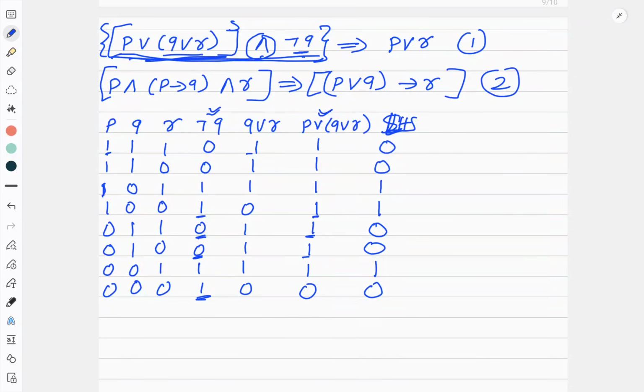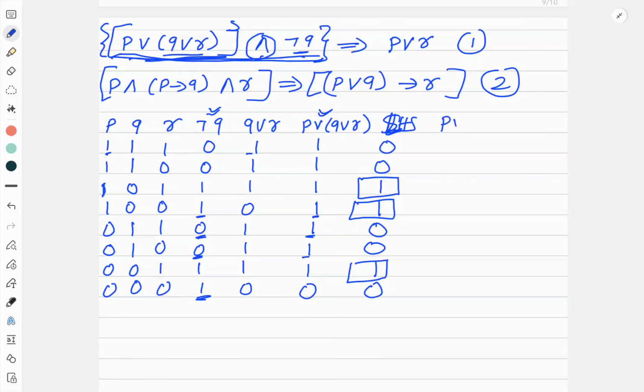As I told you, I am only interested in checking the right hand side when my left hand side is 1. So I have 1 here, 1 here and 1 here. So no need to write all the values. I will just cross check for these 3 values.